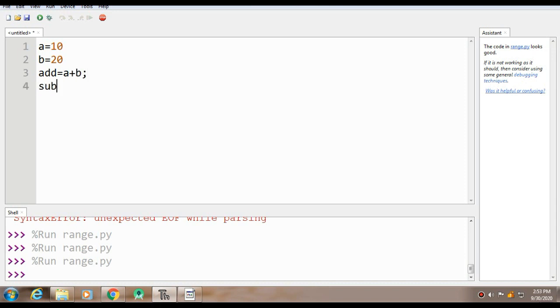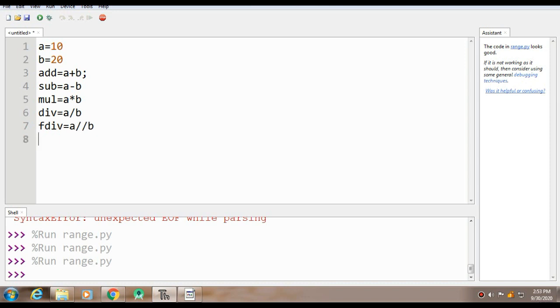Then I'll take the variable sub, which will subtract these numbers, meaning it will perform a minus b. Then we have mul, that means multiply; this will multiply these two numbers. Then we have div; this will simply divide a by b. Then we have fdiv, that means floor division, a double division b.